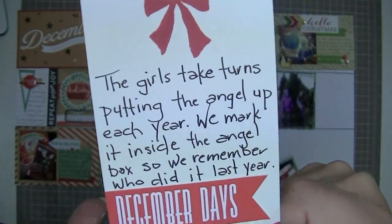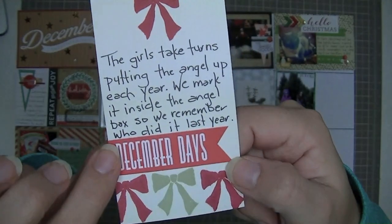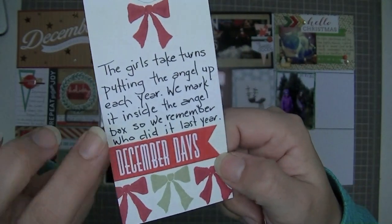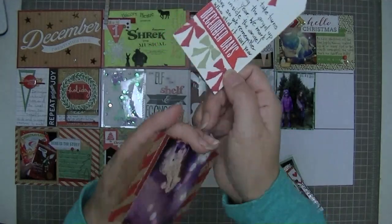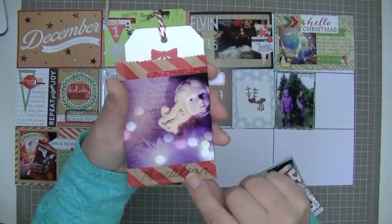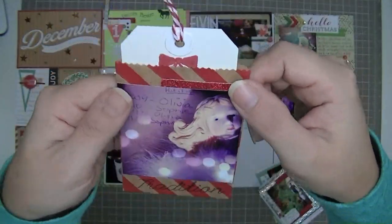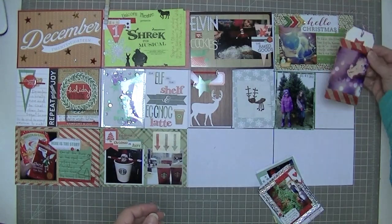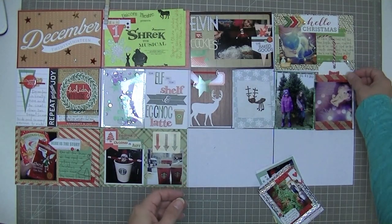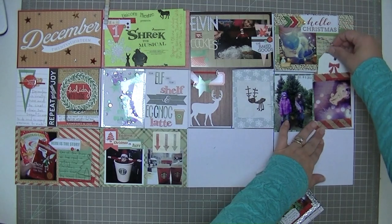I did some journaling on there, and this is one of the cut apart Ormolu tags that says December days. This just talks about how we take turns and we write the name on it. The one thing that I did to decorate this besides stamping on it was I just put a little piece of the glitter tape in behind the photo. So this is going to go in this pocket right here, and this is going to stick out,